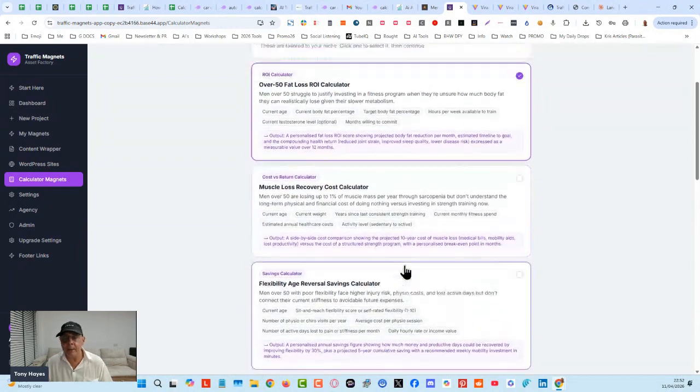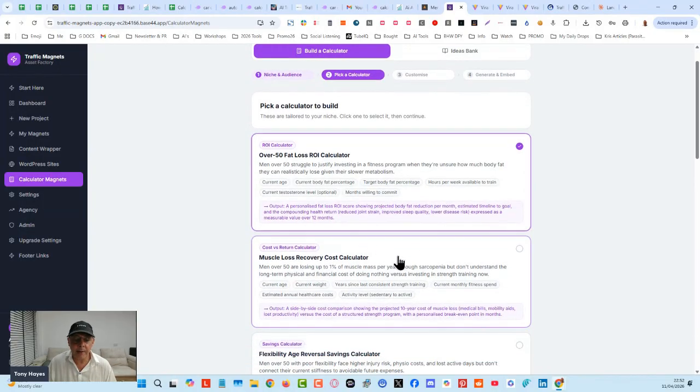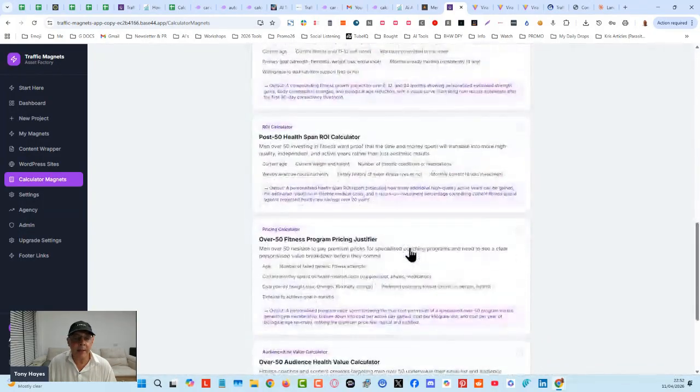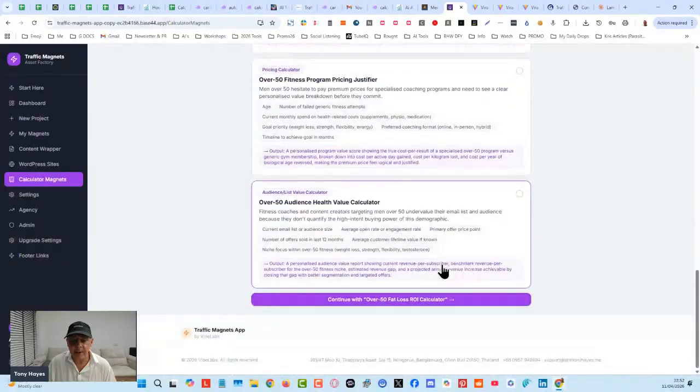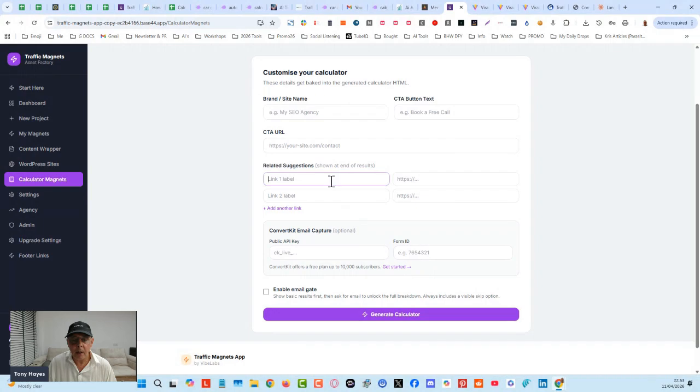These calculator ideas are much, much more advanced, because if you take the time to answer the 5 questions for that particular initial topic, it's going to be very close. It's like personalized responses. This is really next level stuff. You can just choose which one you want to create, and then fill in some other bits and pieces, if you want to put in some branding, your call to action, related links, etc.